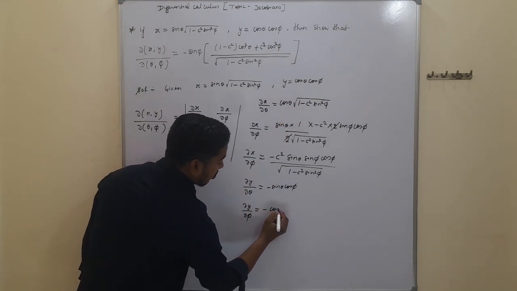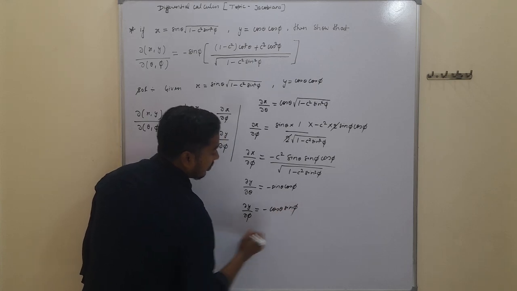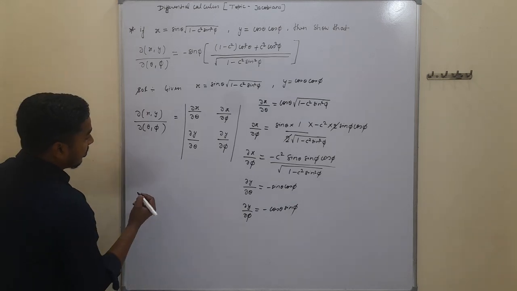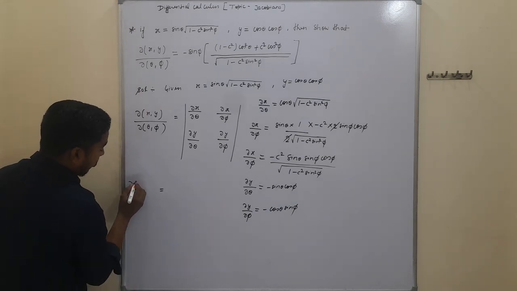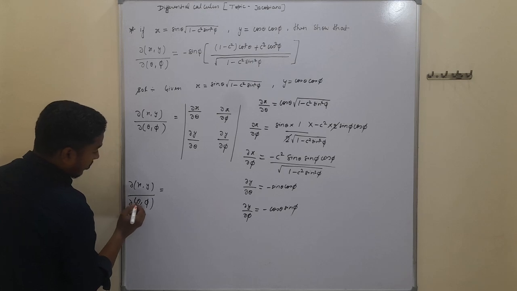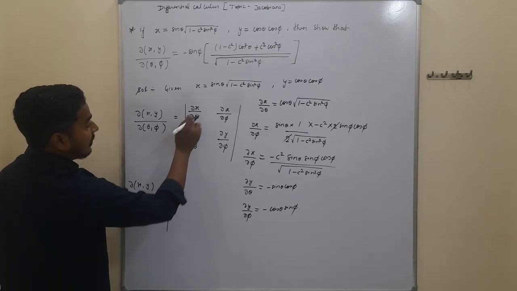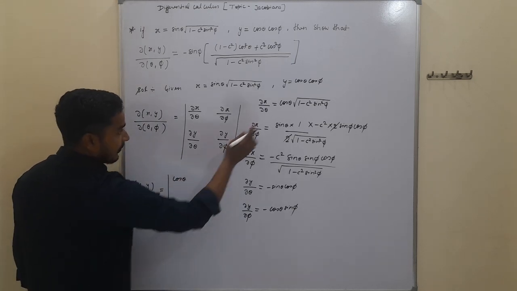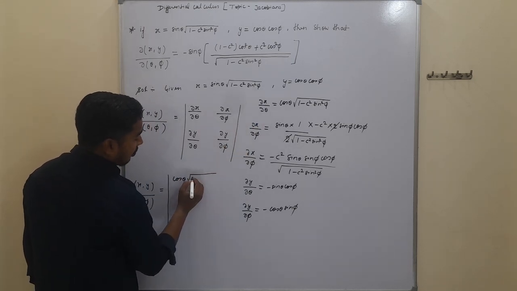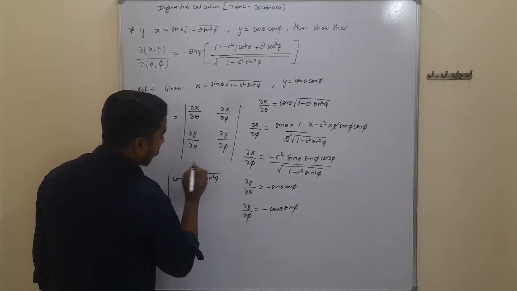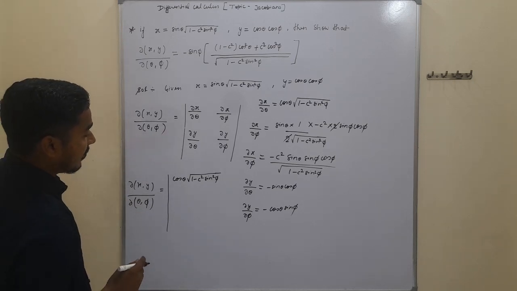So we have to write here cos theta into sin phi, and further we have to put the value of this determinant. So we write here, this is given by del of x comma y upon del of theta comma phi. We put in the value del x upon del theta, which we calculate as cos theta into under root of 1 minus c square sin square phi, and del y upon del theta is given by